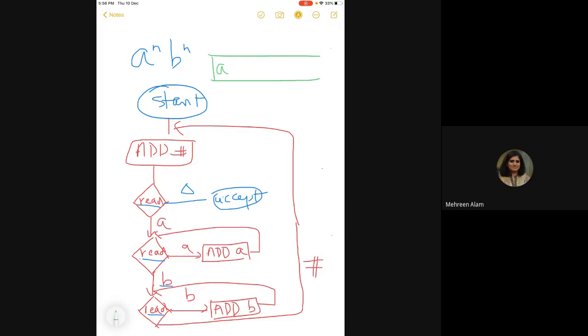So let's say मेरे पास input है, let's say मेरे पास input कुछ भी नहीं है, ठीक है, मैं null ले लेती हूँ, ठीक है, let's say this everything just contains null, ठीक है। So मैंने किया start, ठीक है, मैंने किया hash add, मैंने किया hash को add किया, right, और उसके बाद मैंने किया read. So what I read is a,